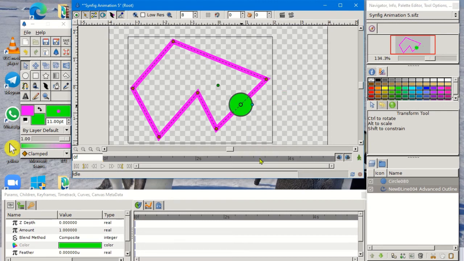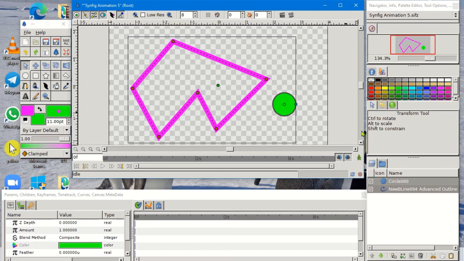When you click on link to outline, you can see this circle is going to be stuck to this path. If there is a mistake done by you, then it will not be stuck. So once again I want to show you. Let me show. What do I have to do?